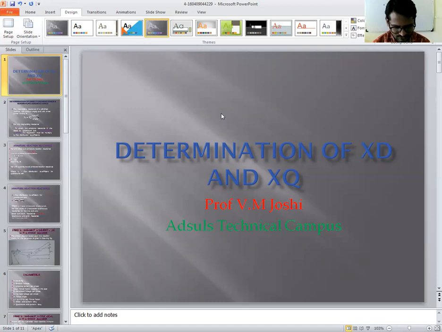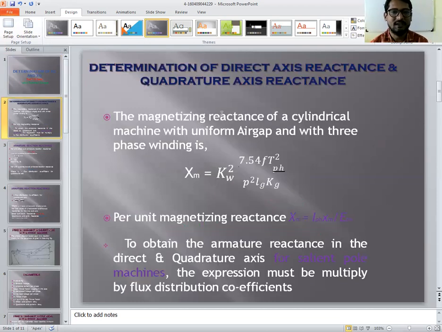Therefore, the D axis synchronous reactance is XD equals omega LD equals 2 pi f LD. The magnetizing reactance of a cylindrical machine with a uniform air gap and three-phase winding is